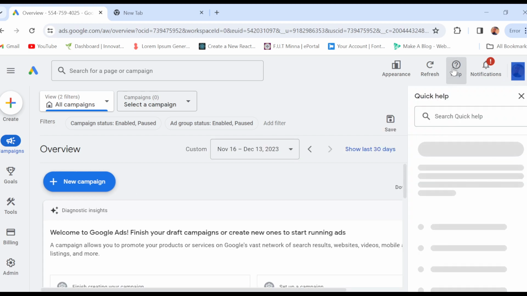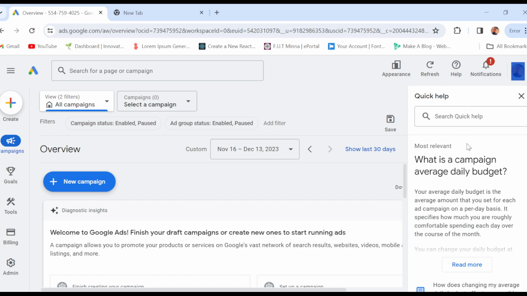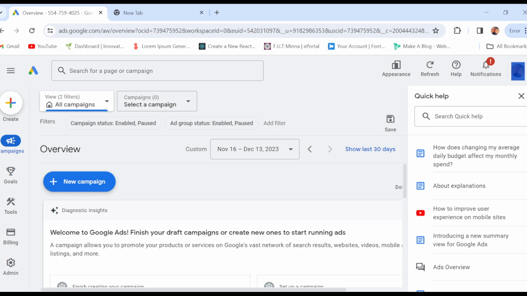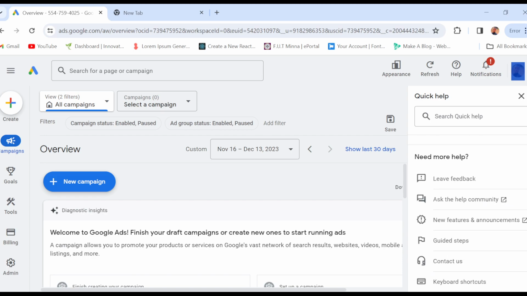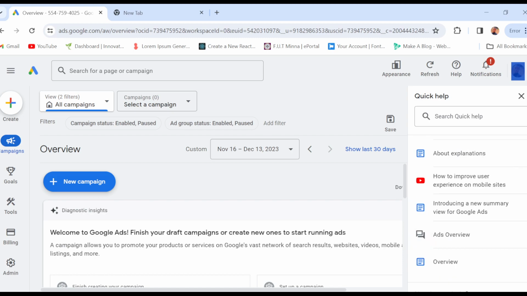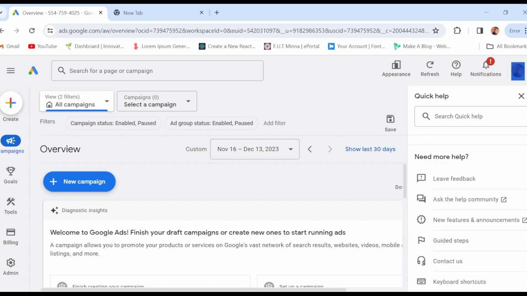Okay, so once you click on help, a box will be displayed under help asking you to search quick help. To search quick help, you can just type out your question here and solutions will be provided. And there are different articles here on how you can walk through your Google Ads account. And if you've asked your question and you cannot get a beneficial answer, just scroll